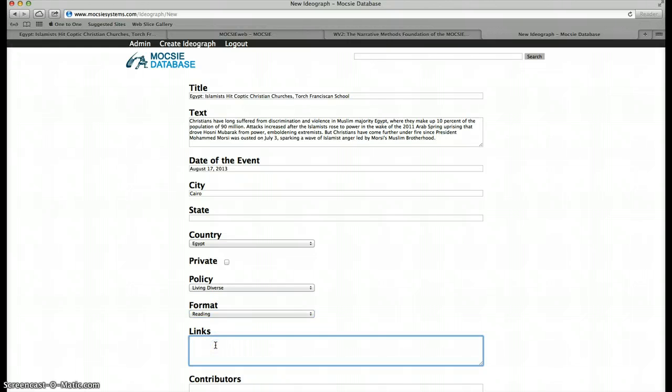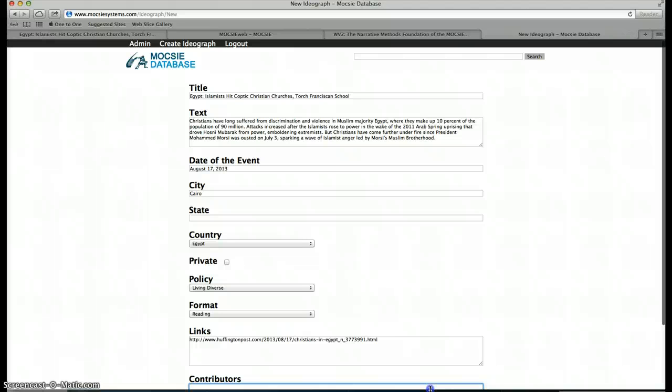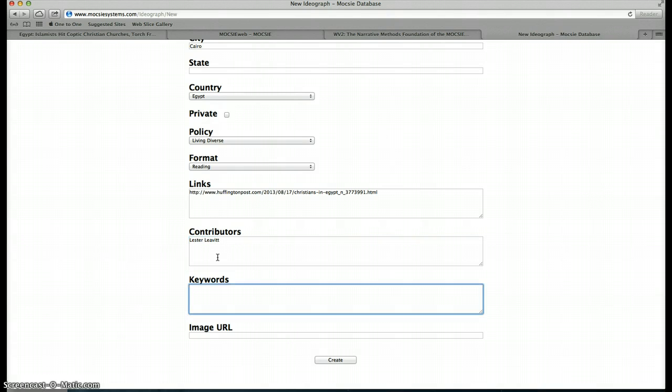And now you can drop in the hyperlink. And I apologize, it's off the bottom of your screen. I can fix this by dragging the web page up and making it a bit shorter. Now I can scroll down. Contributors, Lester, Levitt, keywords, religious diversity,